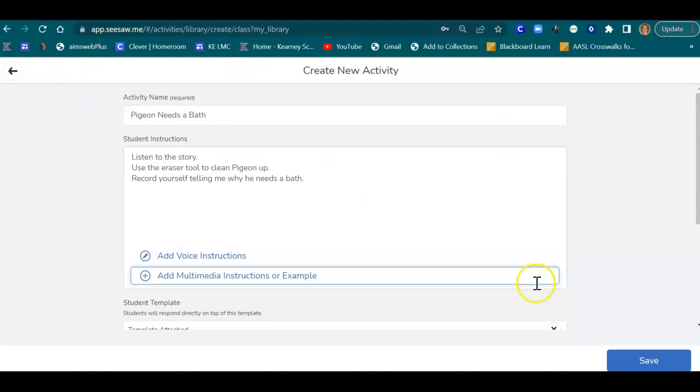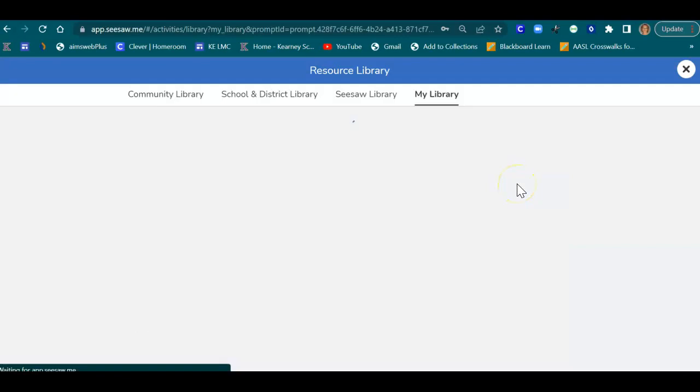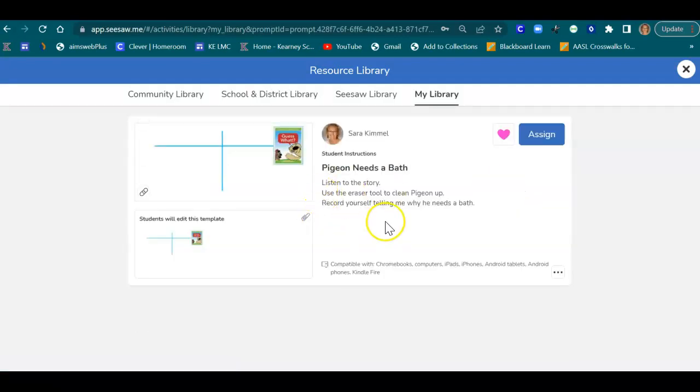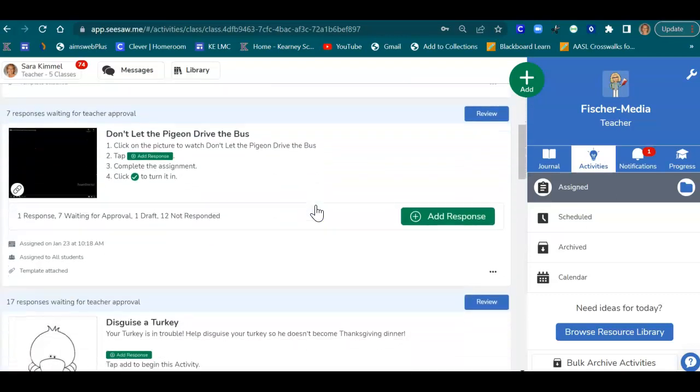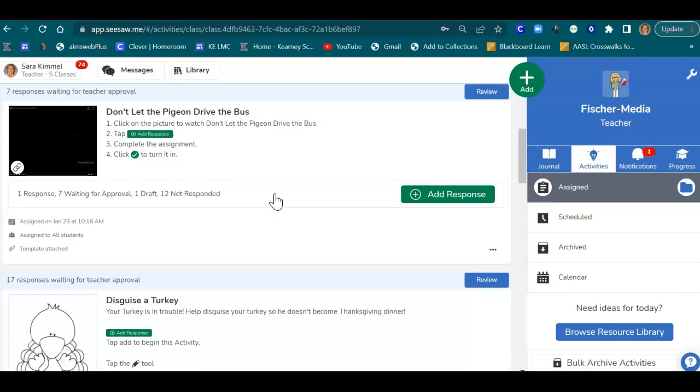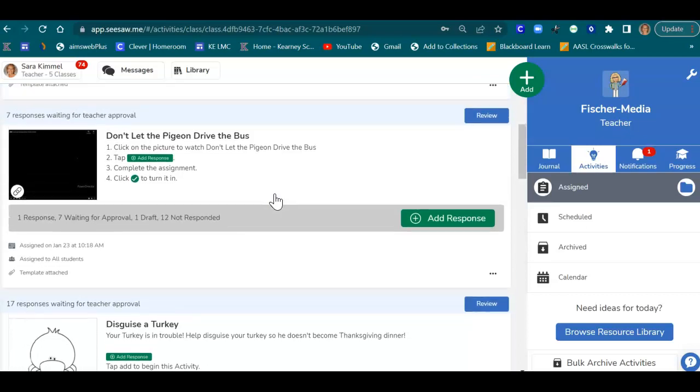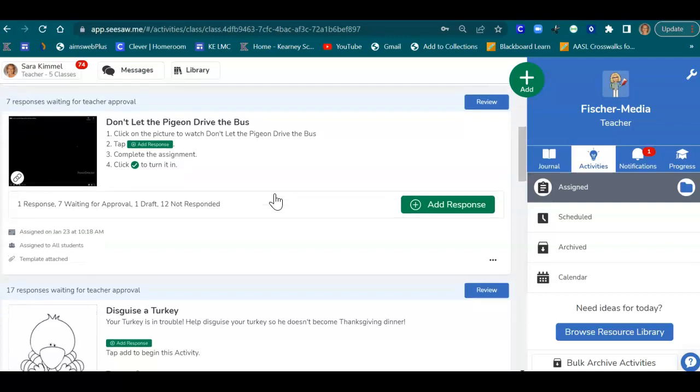Okay, now I'm going to go on a totally different route, and I'm going to show you how you can take grades on all these Seesaw assignments that you're doing and keep track. So when you have assignments in Seesaw, let's change gears here and look at all the things that I've been doing in the library. Not very much, but here's a few things. And they're not all extremely academic because my main goal is to teach the kids how to use Seesaw and just do fun book activities, okay?